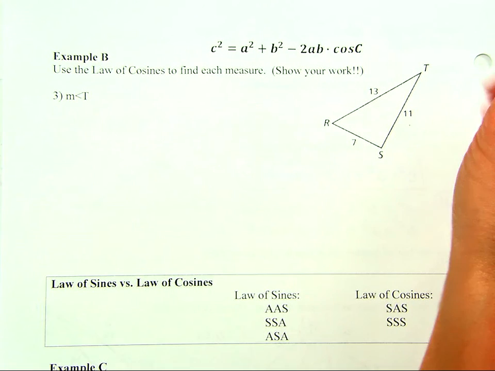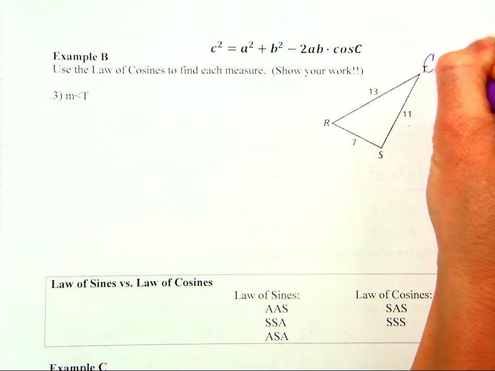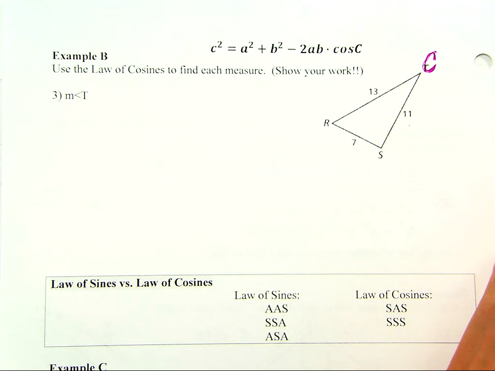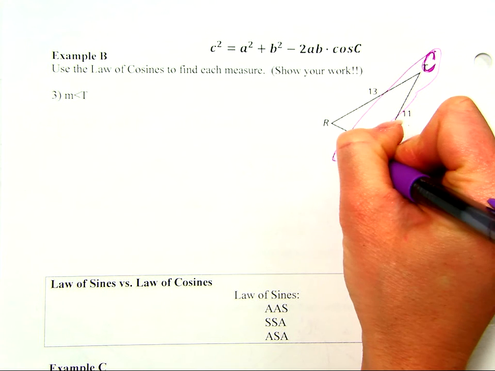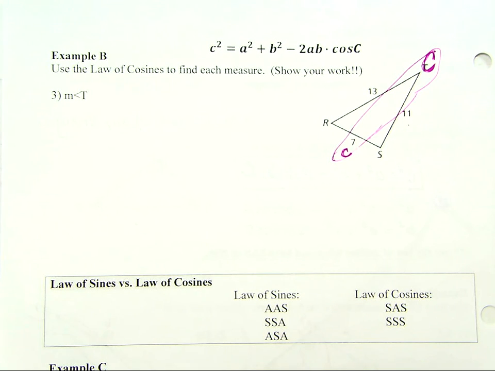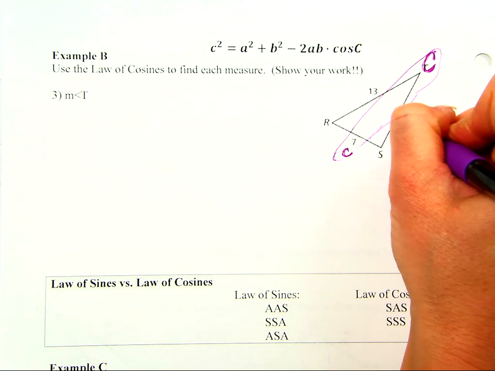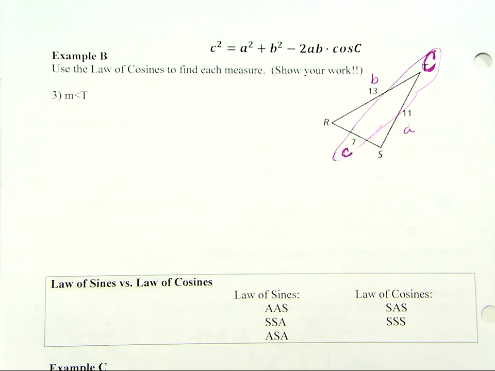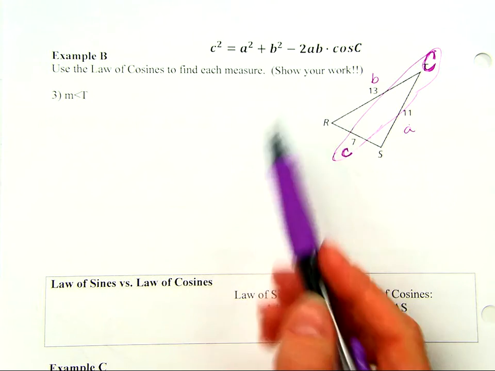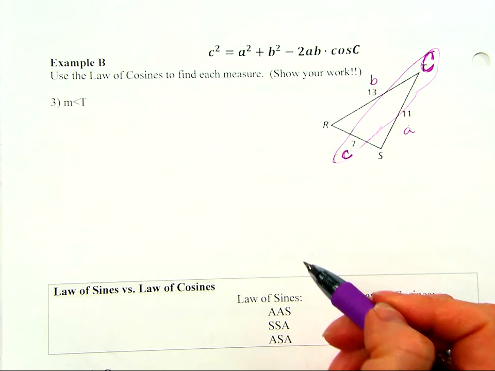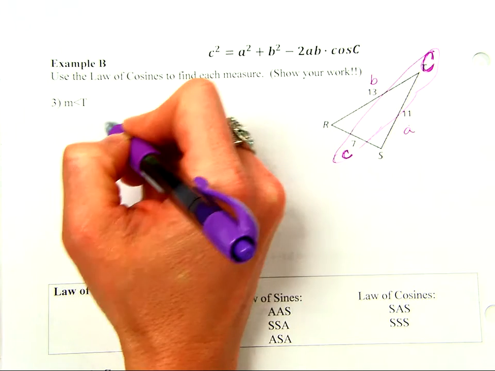So if I'm looking for the measure of angle T, this is actually the angle that I'm going to call angle C. And if I'm looking for that, then this is going to become my side C. A and B, again, doesn't matter which one you have as A or B. We're simply going to plug in our information here. I know what C squared is. Okay, I'm going to plug in